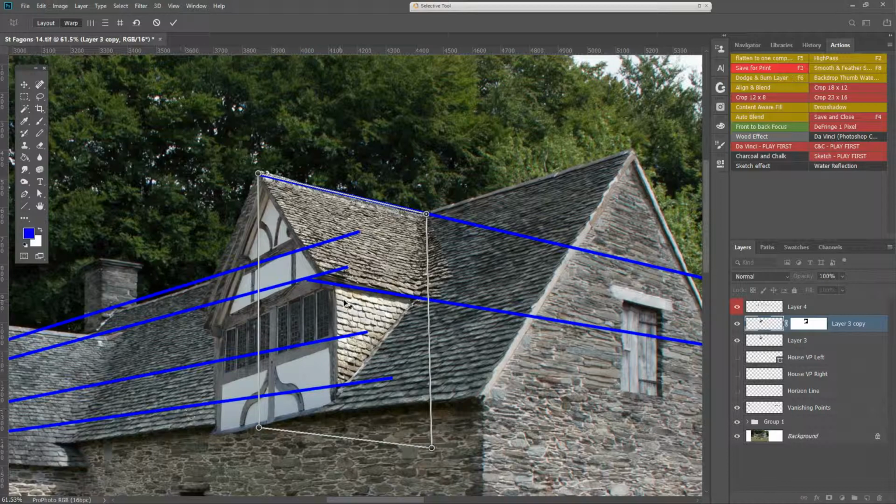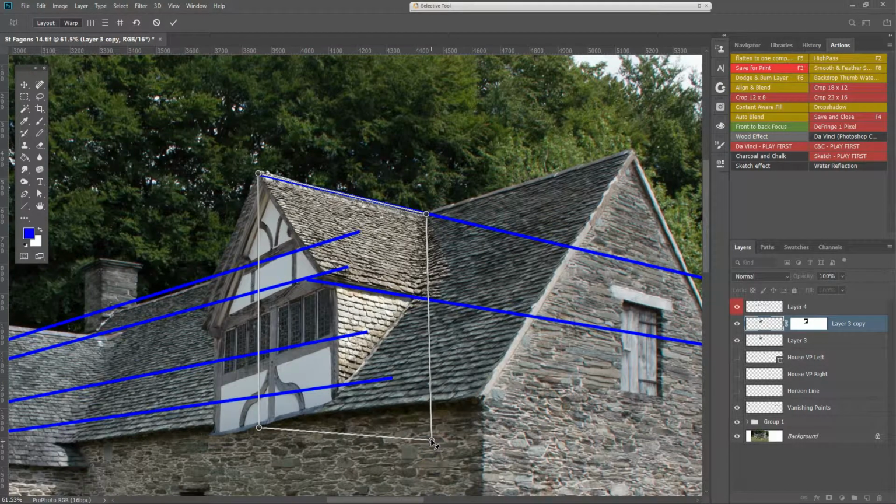Right, so now all I've done, I just want to go up a little bit. We've got that in line now with that blue line, and we've got that in line with that blue line. Don't worry about this front bit because we're going to mask that out. All we want is that in line and the top of that roof. So when we're happy,